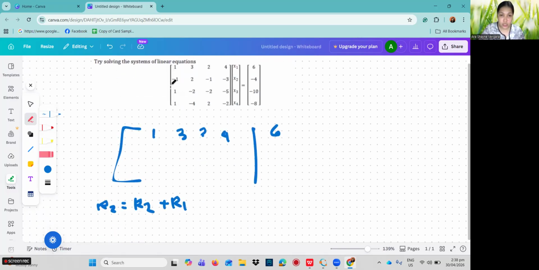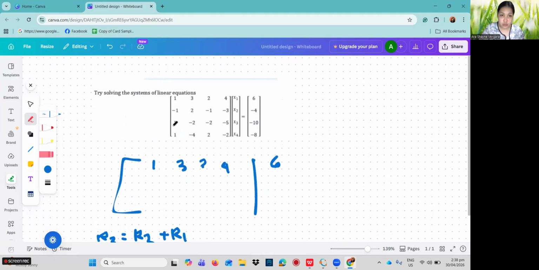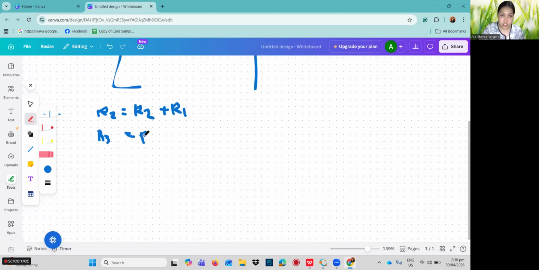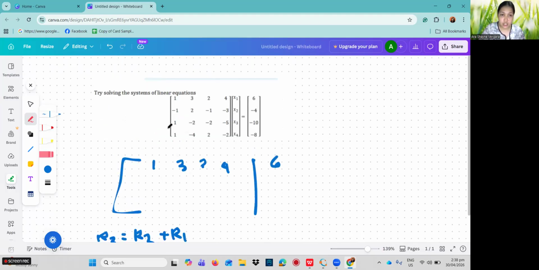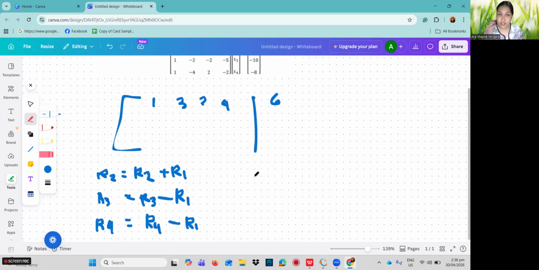And then for R3, how can we make this 0? We can use R1 again. So R3 minus R1. Next, R4, let's just do the same: R4 is equal to R4 minus R1. Now let's proceed on the solving.